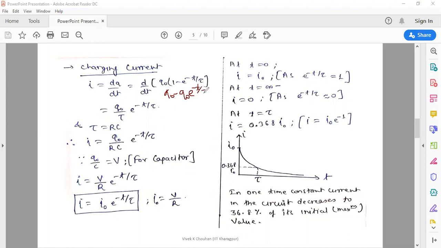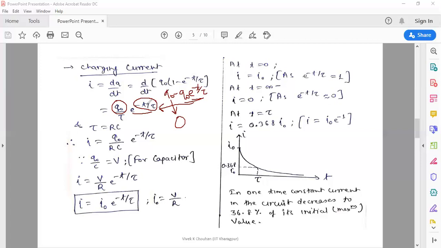Now when you differentiate it, q naught is a constant, so the differentiation of q naught will come out to be 0. Now the differentiation of q naught e to the power minus t by tau will come out this much. Q naught is constant, that's why it will come out of the differentiation sign. Next is the differentiation of e to the power minus t by tau. You will get the same thing because it is an exponential term. Now you will have to differentiate this term and multiply it with the original expression. So differentiation of this term will come out to be how much?